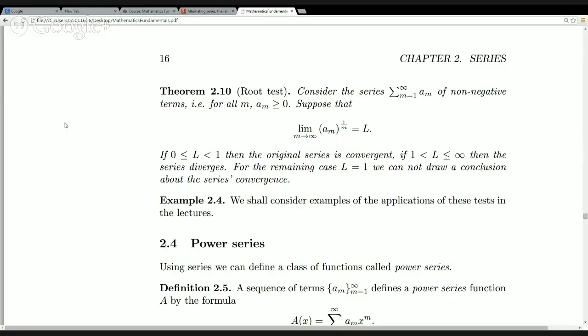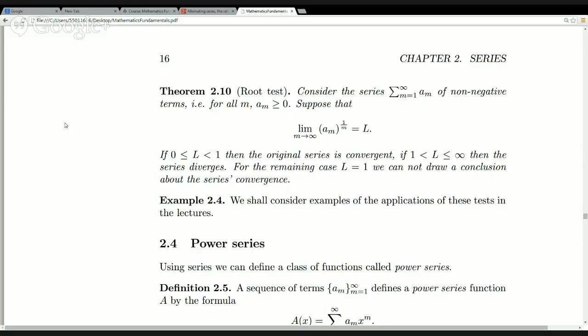We're now looking at the limit as n goes to infinity of 4 over n. But we know the behavior of this limit of this sequence. This limit is 0. So our L is equal to 0